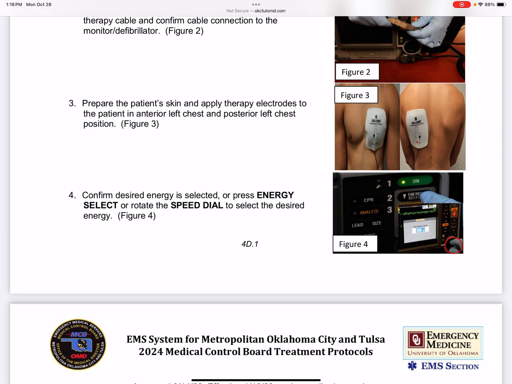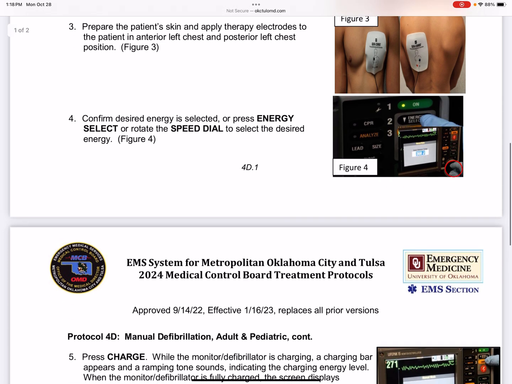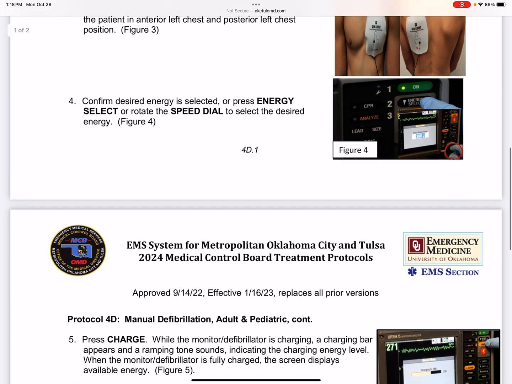We've done it for a while. We're going to do this, and then when you get that second cardiac monitor on scene, which we'll talk about here in a later protocol, we'll put 4 pads on. So confirm desired energy selected, or press energy select and rotate the speed dial to the selected